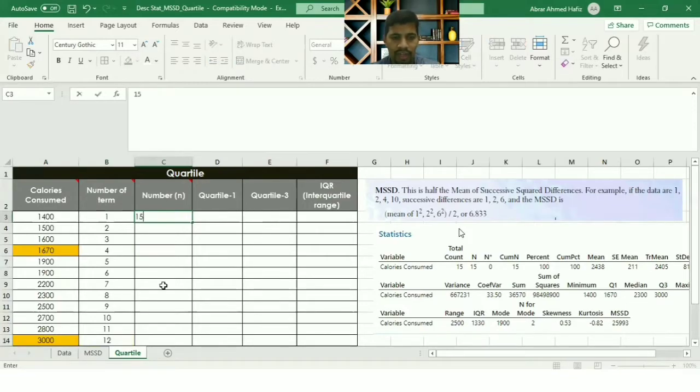I have given 15. Quartile 1 formula is equal to n equal to 15 plus 1, and since I'm going to do divisions, better to give a bracket. So 4, this is the value I have got. The same formula, all I need to insert is 3, third quartile, right?